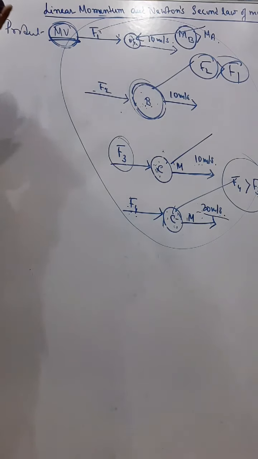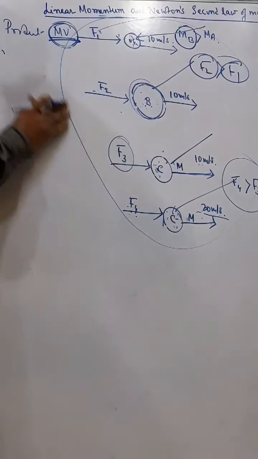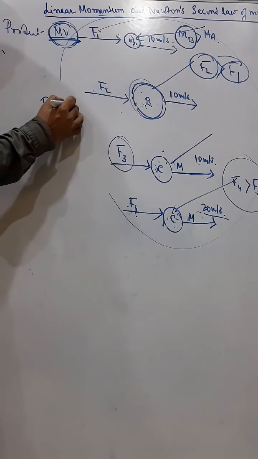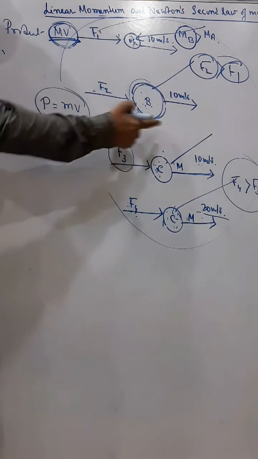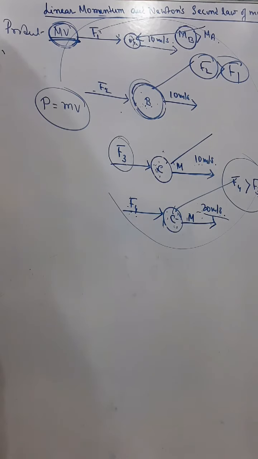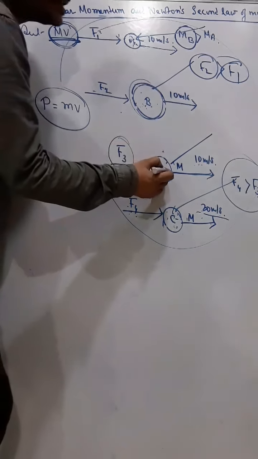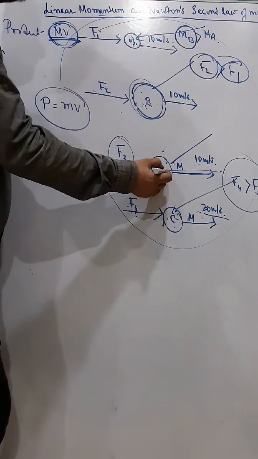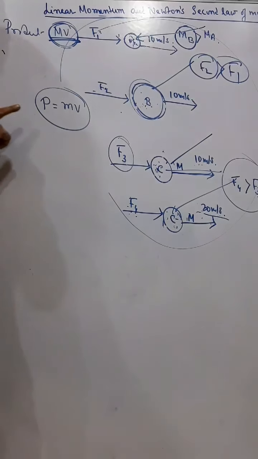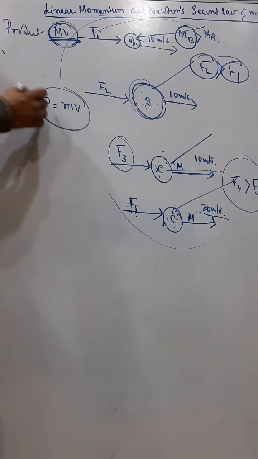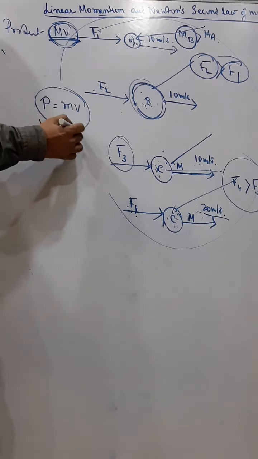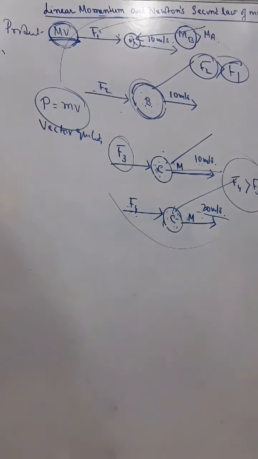So that's about momentum, understand? The definition of momentum is that the product of mass and velocity of the body is called the linear momentum of the body, understand? And momentum is a vector quantity, that means it has a direction, and its direction is always along the direction of the movement of the body, that means along the direction of the velocity of the body. Whichever direction the velocity of the body is going, that will be the direction of the momentum, and therefore we say linear momentum is a vector quantity.